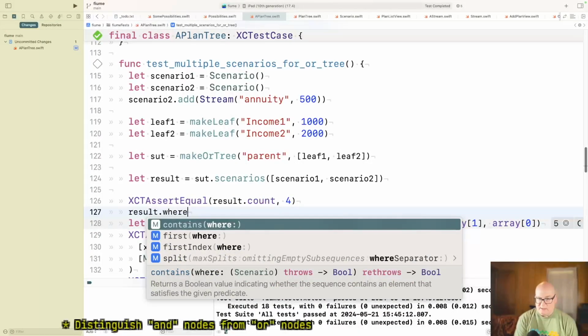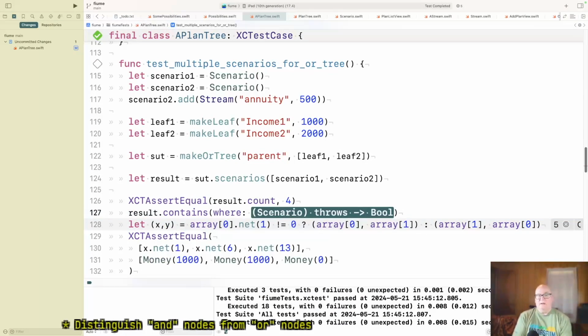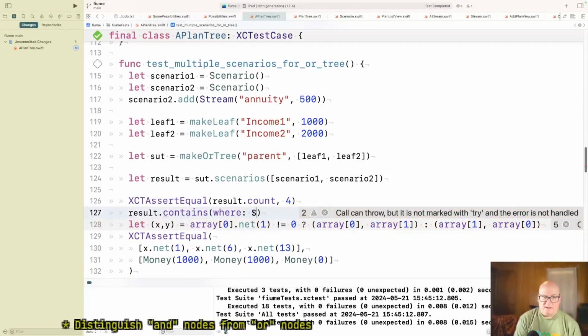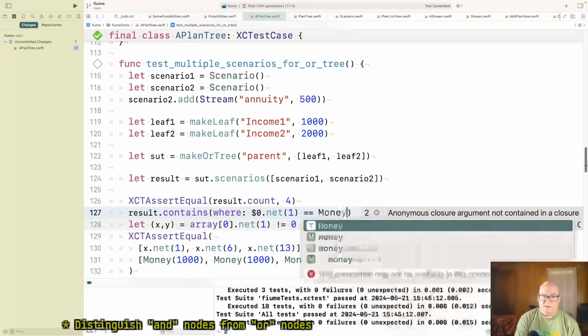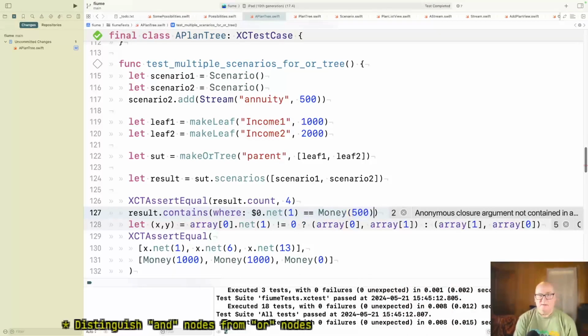Okay. And then if I were to say result where... a Boolean value indicating whether the sequence contains one that satisfies the predicate. Okay. $0 is the scenario. Dot net in month 1 equals money 500. No, is that right? I don't think it is.